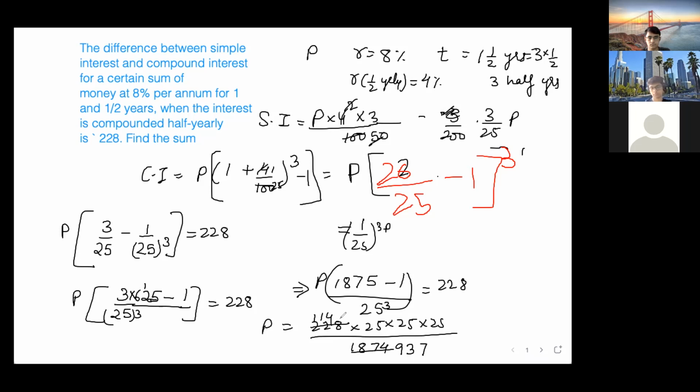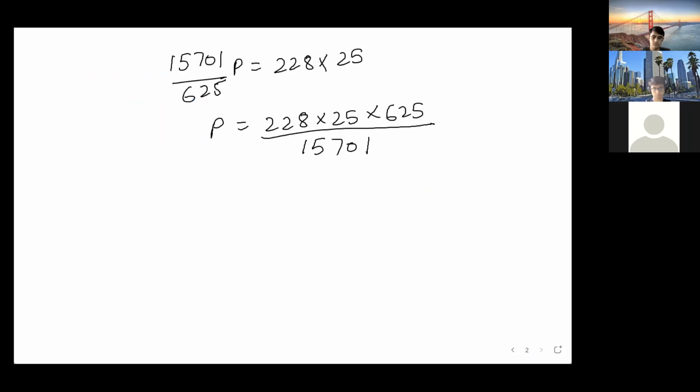Okay, do it at home. This way only you have to do. This is the calculation. Let us do the next question. Don't waste time on this. Next question is a little different. Question number 6 is the question we did just now, no? Question number 7 is a sum of money.